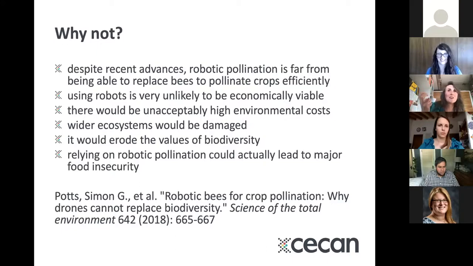But to summarize, we're very far from being able to address this issue with robots. We don't really have things that work outside the lab. In reality, there are thousands and thousands of different species of pollinators specialized to different plants, not just one size fits all silver bullet. If you do the back of the envelope costing, you find this is super, super expensive. And it may cause environmental damage. We don't know yet what the waste issues would be, how these bees would interact with other ecosystems. And it has a clear potential to erode the value of biodiversity. So this could actually be a bigger problem than it solves.